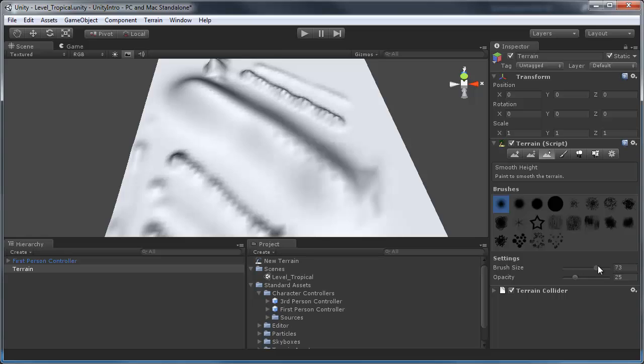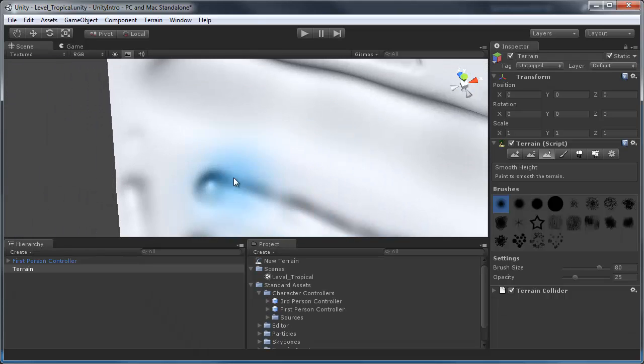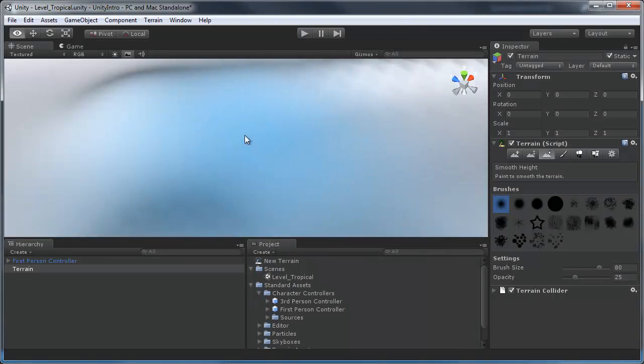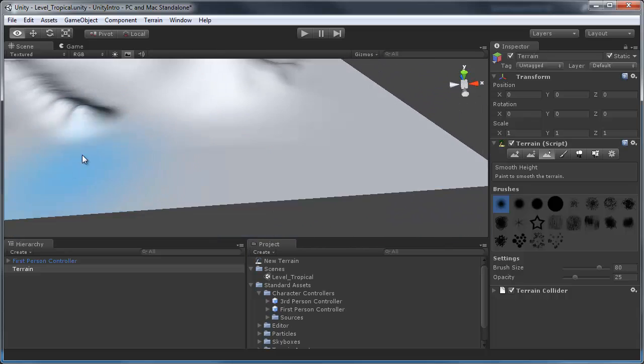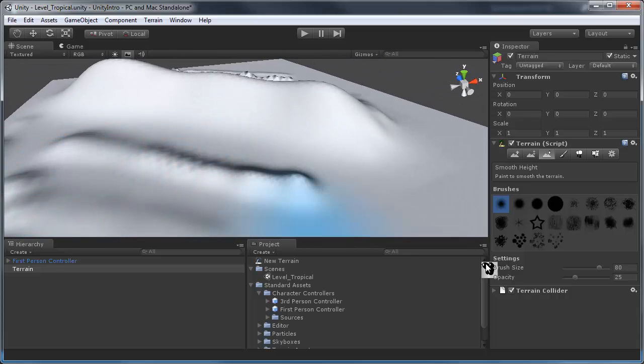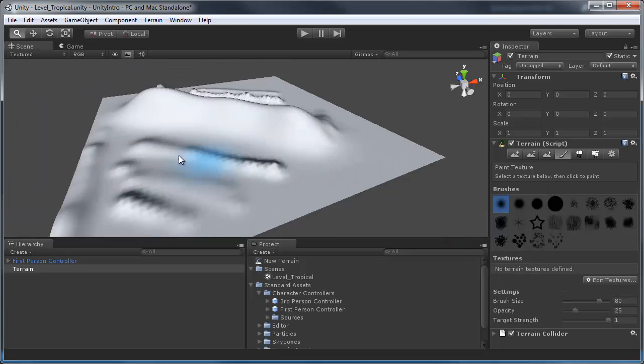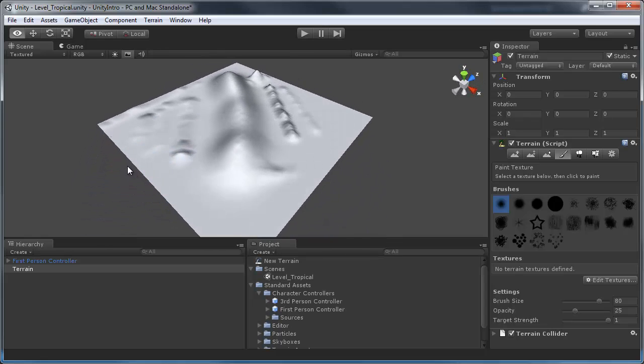But just let me try to show you as well the smoothing part. This is where you can, if you have some sort of jagged edges, as you can see here, here you go, I'm smoothing this part of the terrain as much as I can. So if you see here, it looks interesting right now. It's quite smooth, not harsh as the other end. So you see, this is the harsher part, this is the smoother part. With a brush here, I could start painting texture on it, but before I get to that point,